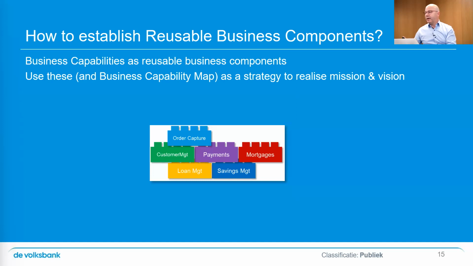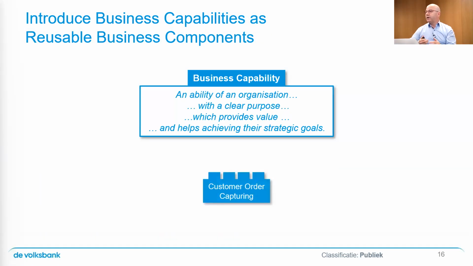The business capability map is something that we introduce as a map to manage those business components in function of the digital strategy. I mean, becoming a digital organization is just a means to an end, right? You have a certain mission and vision and then corporate goals that you establish. And after that, you figure out, okay, in order to address this, we need digital transformation. And our approach was we need business capabilities to manage this digital transformation. So those business capabilities are the reusable business components that we discussed earlier. So we've got customer order capturing there as an example, a Lego brick, which you will see again later on.